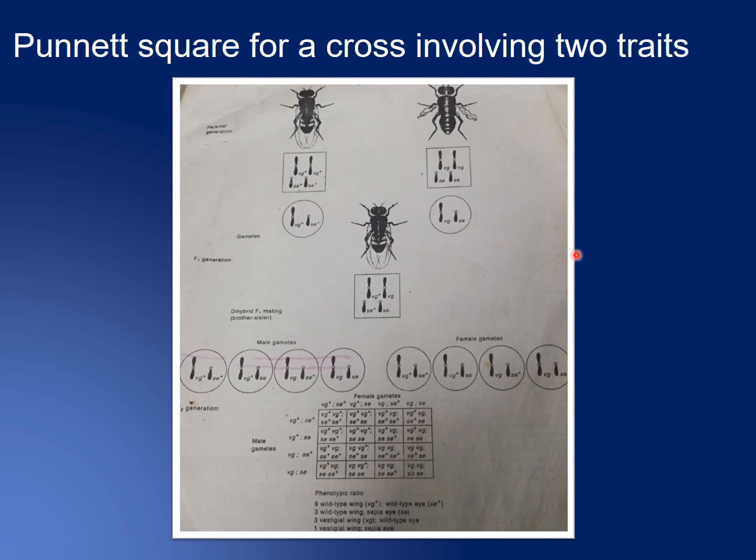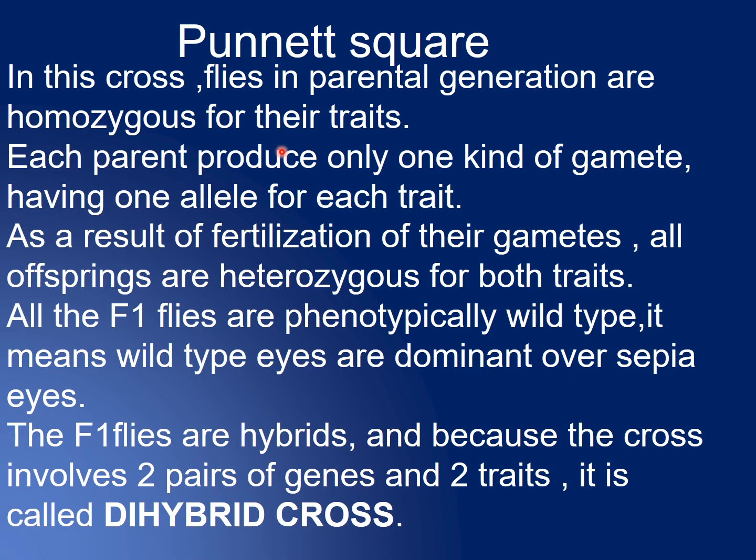Punnett square for a cross involving 2 traits. This shows every gamete has only 1 allele for each trait. In this cross, flies in the parental generation are homozygous for their traits. Each parent produces only 1 kind of gamete having 1 allele of each trait. As a result of fertilization of their gametes, all offspring are heterozygous for both traits. All the F1 flies are phenotypically wild type, which means wild type eyes are dominant over sepia eyes. F1 flies are hybrids, and because the cross involved two pairs of genes and two traits, it is called a